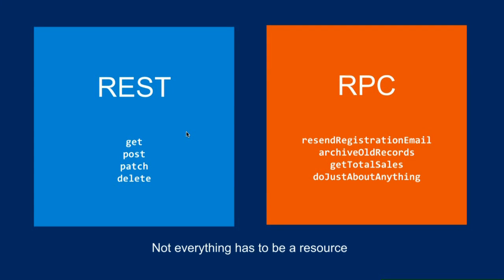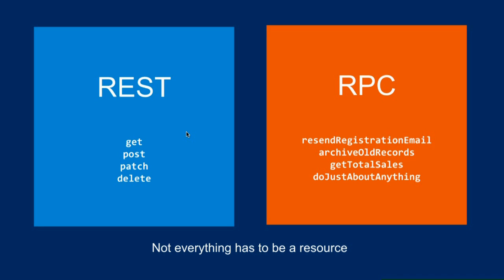Now, REST is one architectural style for working with a backend, and that is the table operations. Your inserts, updates, deletes, and reads, or in HTTP terms, get, post, patch, and delete. And that's great. It's really valuable to have that, and you've just seen it. But there's another type of operation as well, remote procedure calls, and those are not related to any particular single entity on a record. So for those, you might want to do things like moving data between tables, or running an operation on multiple records, or aggregating over multiple records, or anything else. And mobile services supports that style of programming as well.